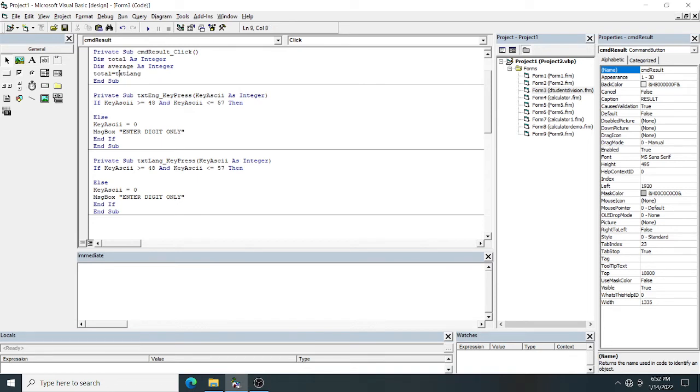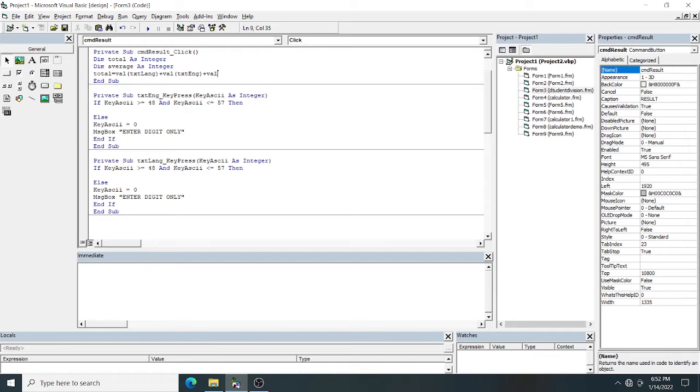So only type the text box name, then convert into a numeric form by using the val function. Then plus val, you have to type txt. I've changed the names of text box 2 and 3, so I have changed it to eng English, then subject 1, subject 2.